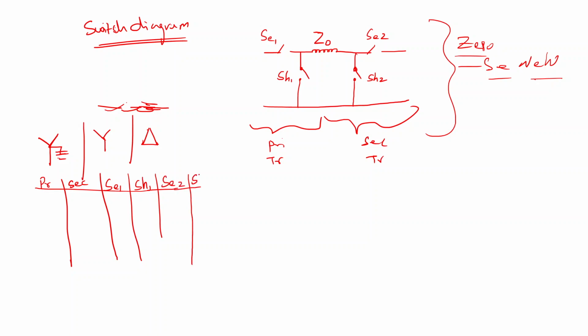Say for example, delta ground, star ground. In this case, SE1 will be 0, SE2 is 1,